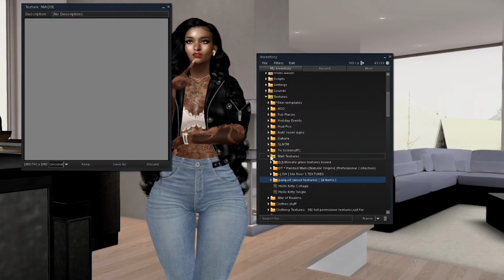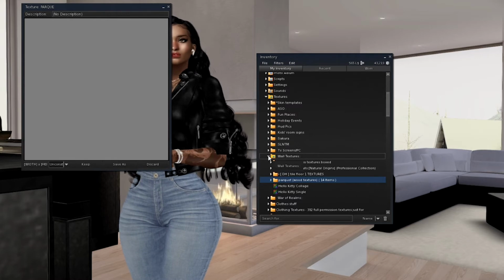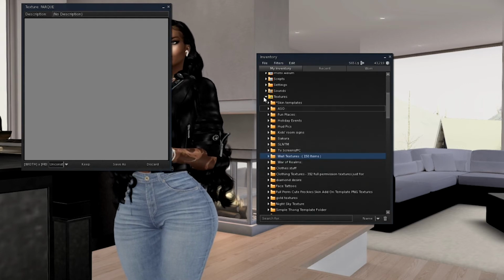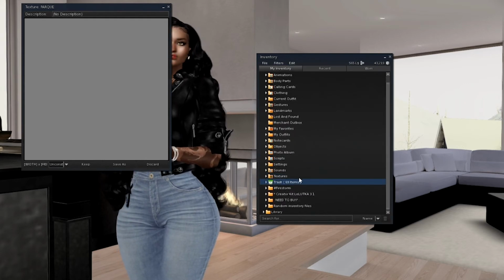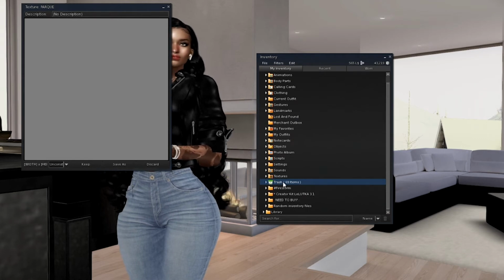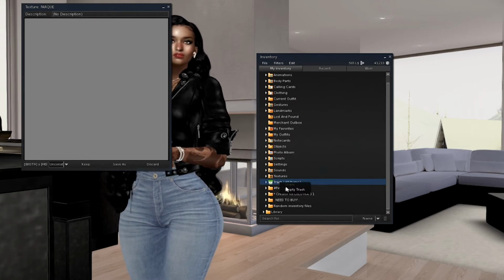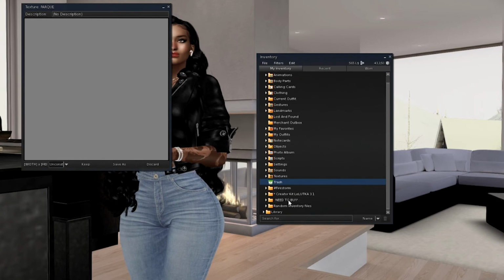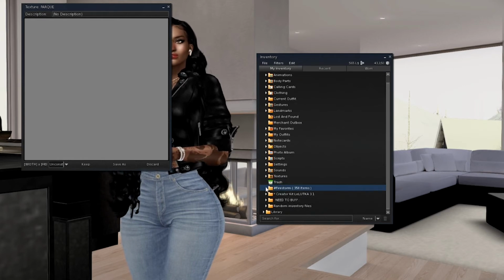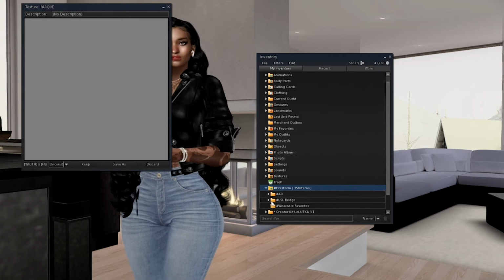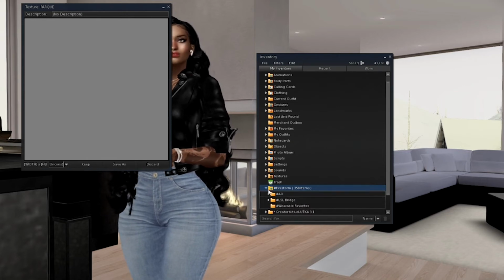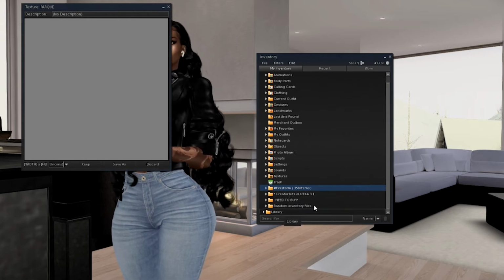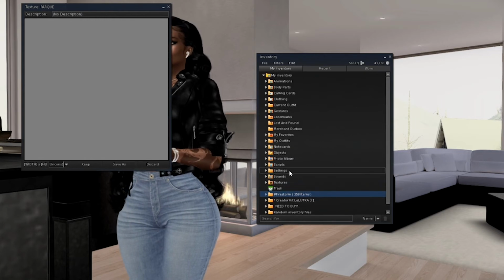So that's where those will end up. And then I have one for my TV screen and stuff. Trash is where your deleted items go, and I like to empty out my trash permanently so that it'll save on space and CPU and different things like that. Firestorm, this is where your Firestorm bridge is created, if you use Firestorm, and then other folders that you create will end up here.